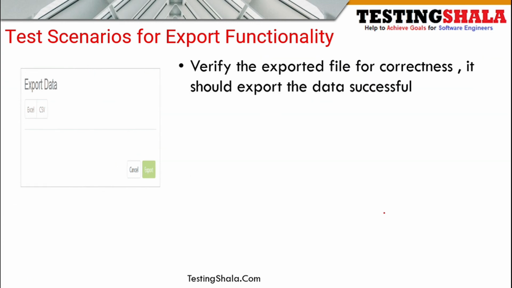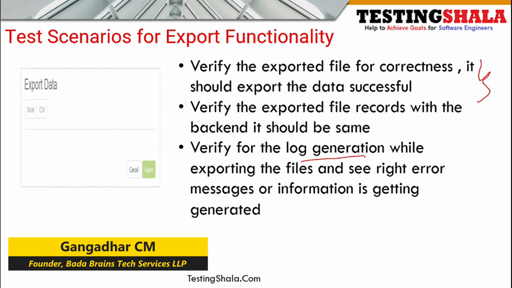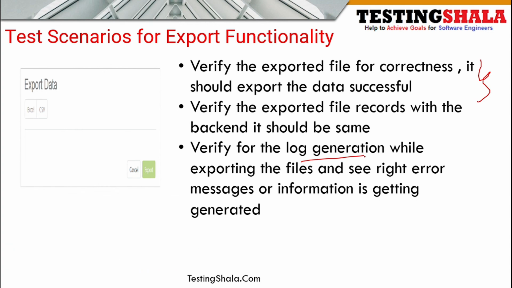As part of correctness and accuracy, we should validate both the database and the file system to see that the data coming from the table or views is replicated in the CSV or other exported file. The next test scenario is log generation. This is very crucial because we are exporting millions of records and want to see how the operation performed. To check that, we normally tail the log to see which operations were successful and which failed.